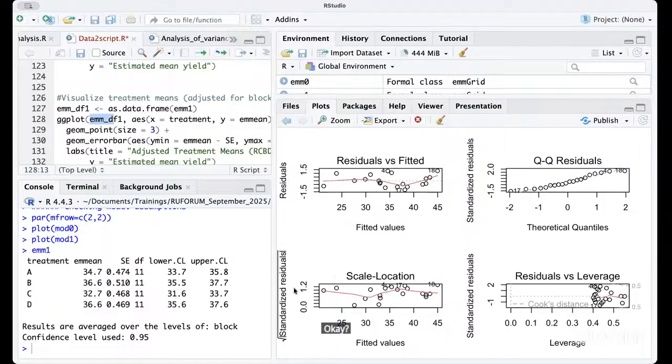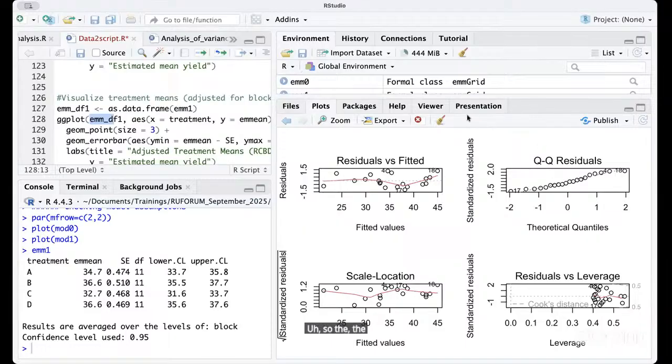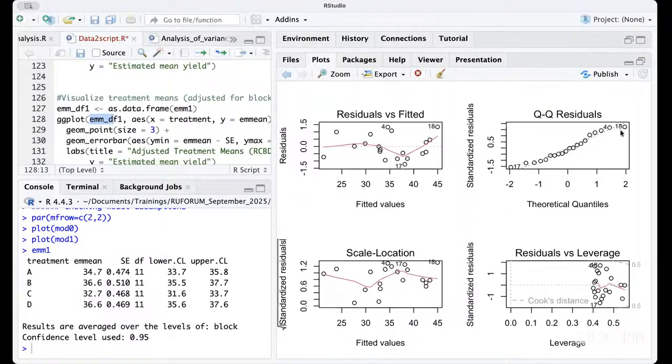Luanga is asking, could you please briefly talk about the interpretation of the residual plot with reference to normality of the data? So what we have here is the residual plot, the QQ plot. Now the QQ plot,